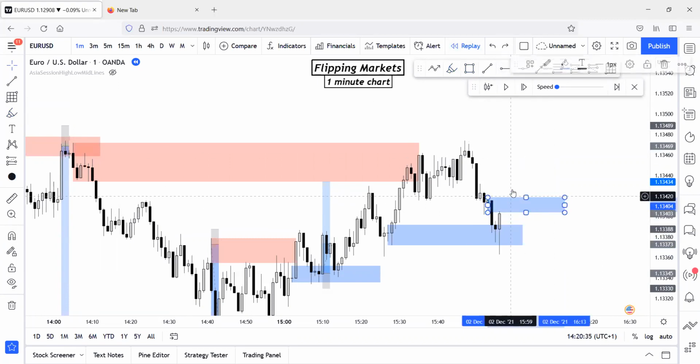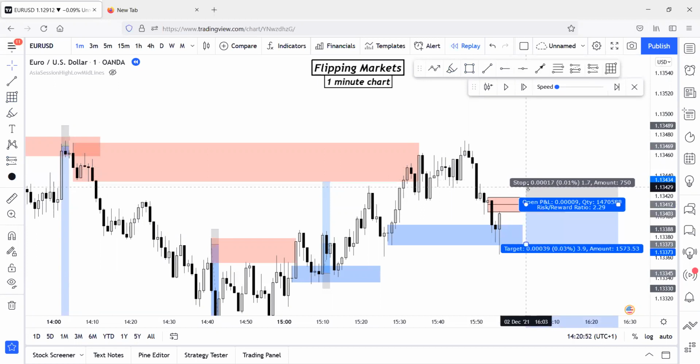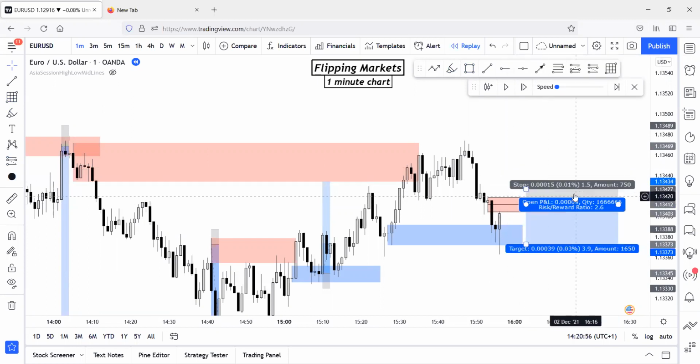Sorry, let me just finish the color. Okay, so let's just put our gam box here on the 50% because the wicks are larger than the whole body. And I will set 1.5 pips stop loss because